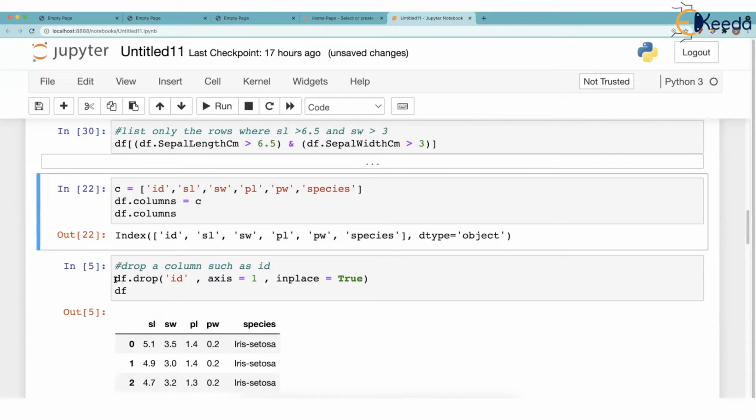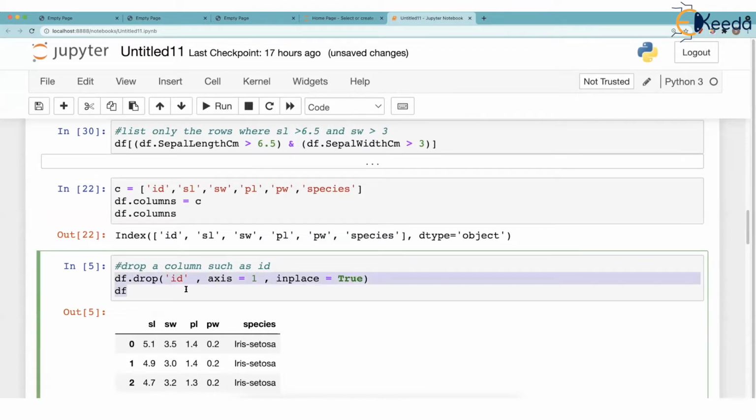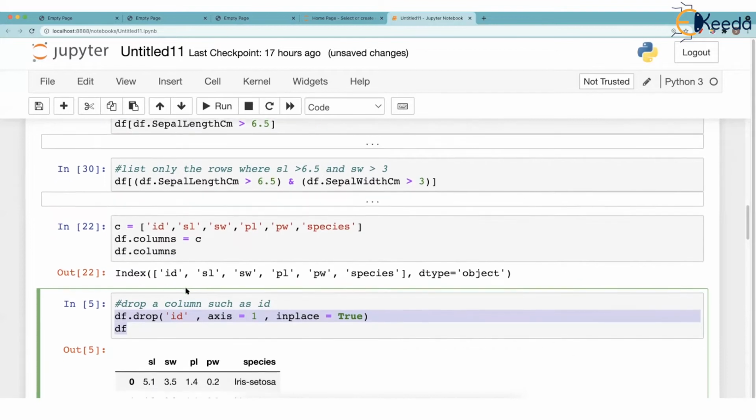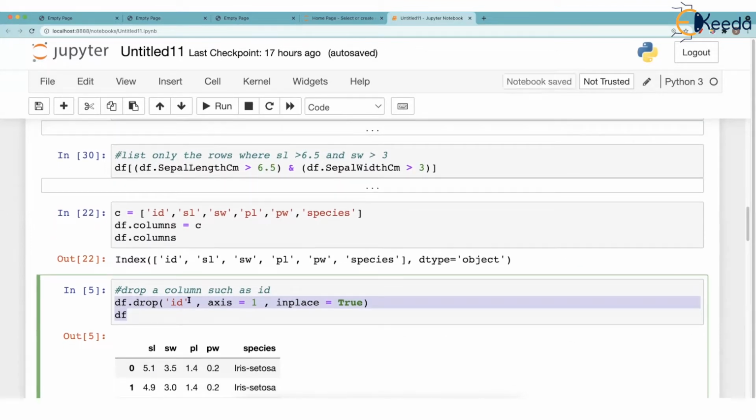Oh yes, we saw how to drop a column also. We said that ID column is not interesting. It's just a number 1, 2, 3, 4. So how about dropping the column? There is a function called df.drop. From the data frame, you want to drop what? Give the name of the column ID, but axis is equal to 1 was given to tell that in this column, the value should be deleted from all rows. Check my word. ID is a very big column containing 150 values. Then the value of the ID should be removed from every row. Axis is equal to 1 is given.